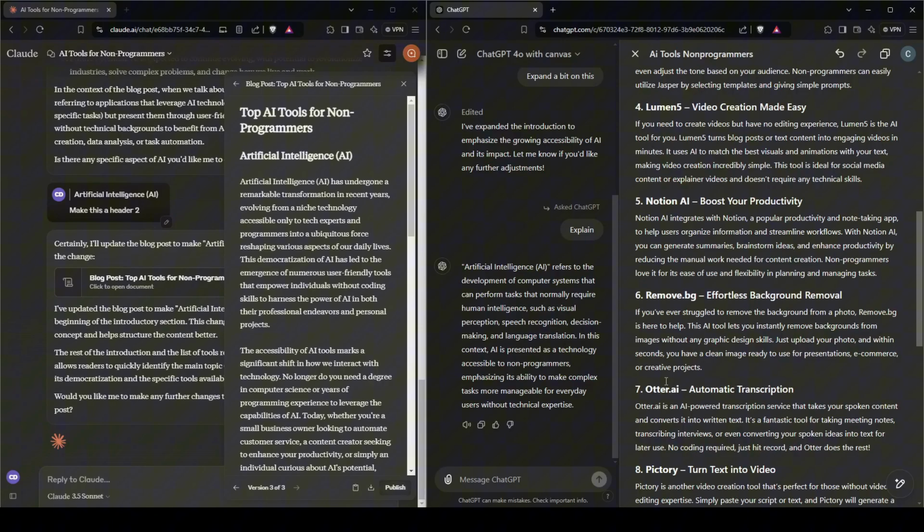Now, Canvas has additional features that Artifacts don't have directly. Here we have a floating menu containing several shortcuts. There's suggest edits, adjust the length, reading level, add final polish, and add emojis. Let's quickly try them individually for completeness of this video. But I will not focus on this so much because you can check it out in my intro to Canvas video for a more in-depth discussion of these features.